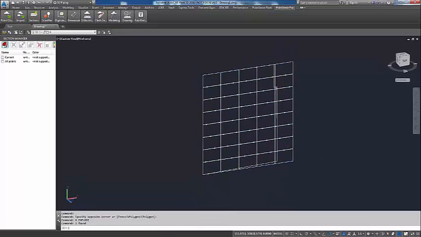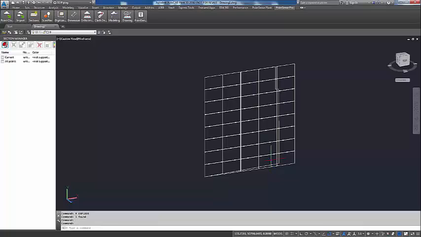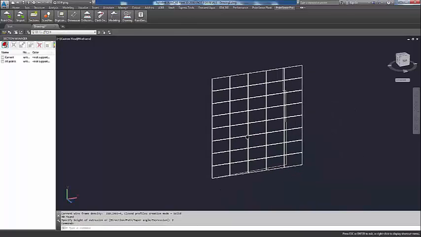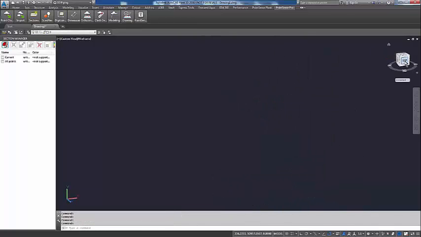I'll explode that, and then we can extrude these guys to create AutoCAD solids. So we'll just extrude, and we'll say our panels are 2 inches in depth. We'll go to the top view,